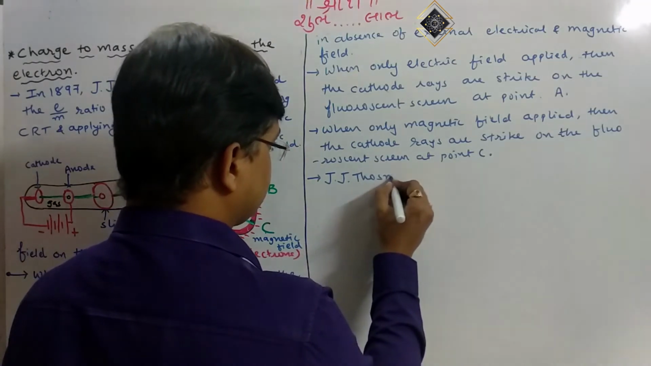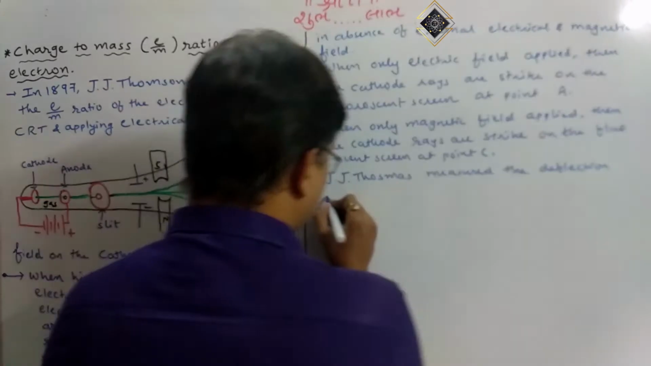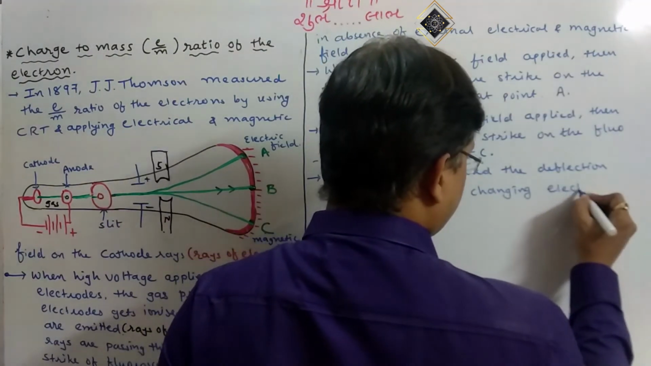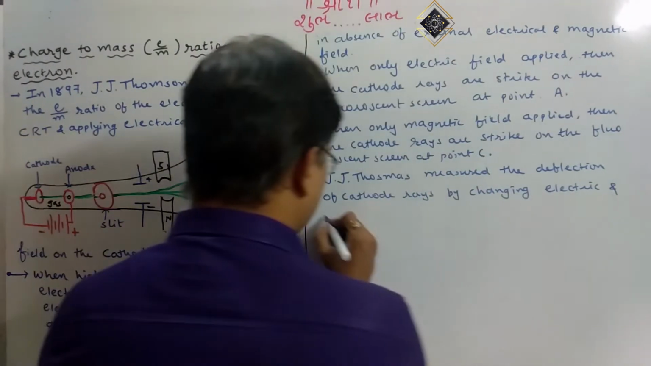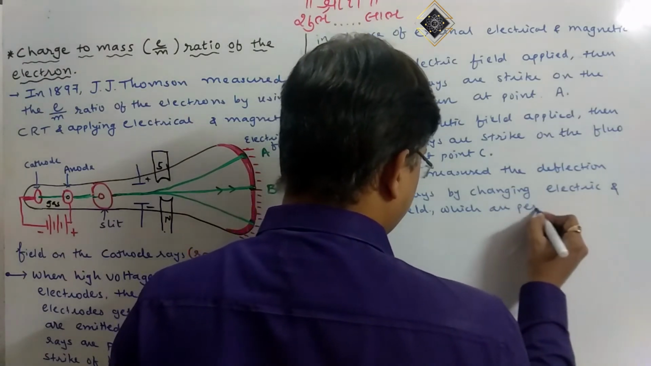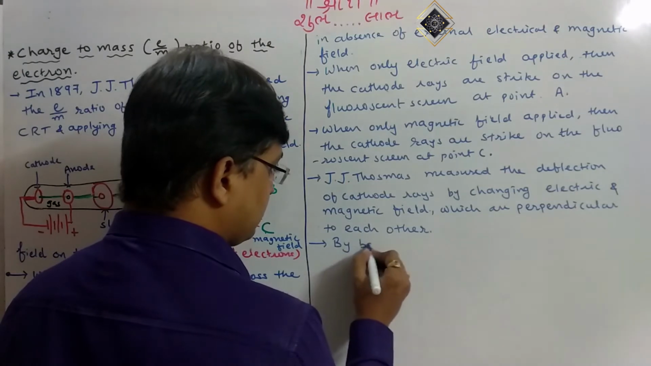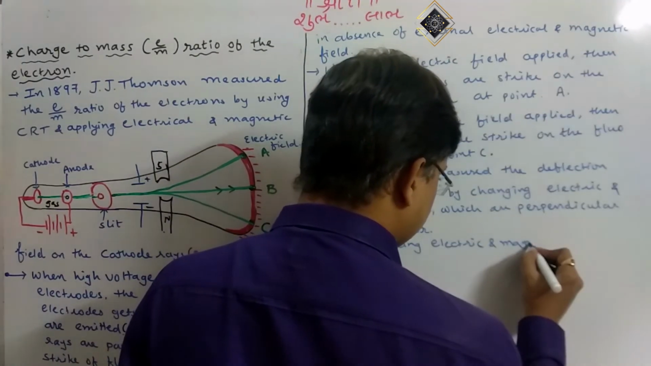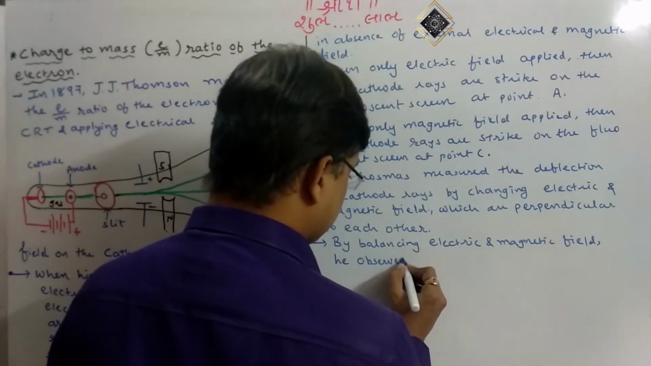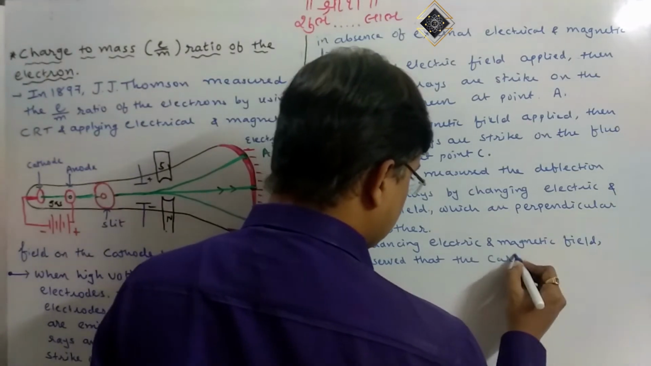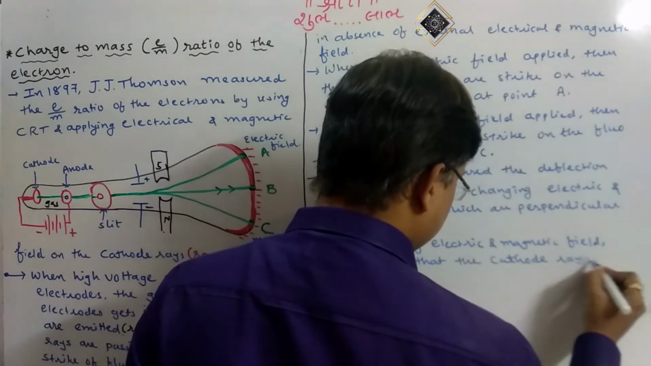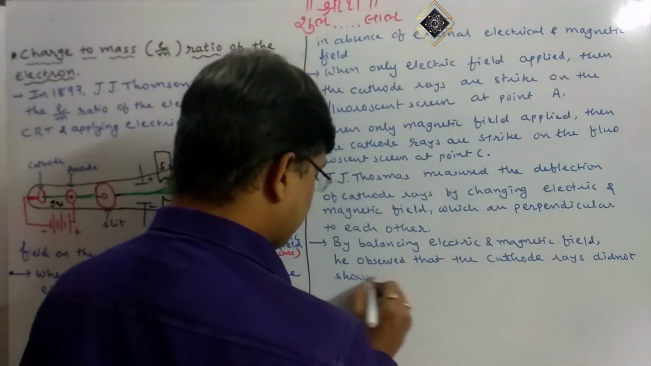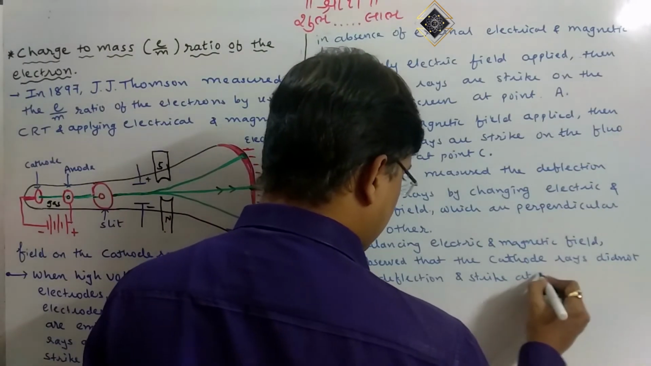J.J. Thomson measured the deflection of cathode rays by changing electric and magnetic field, which are perpendicular to each other. By balancing electric and magnetic field, he observed that the cathode rays did not show deflection and strike at point B